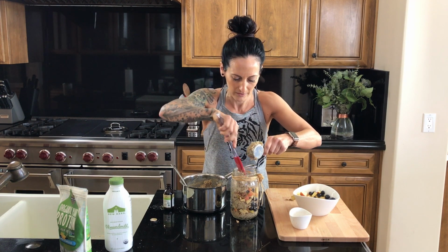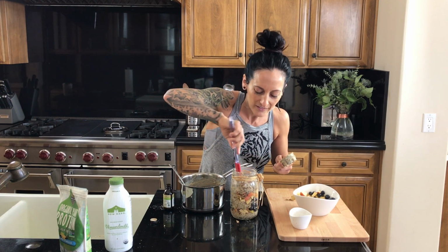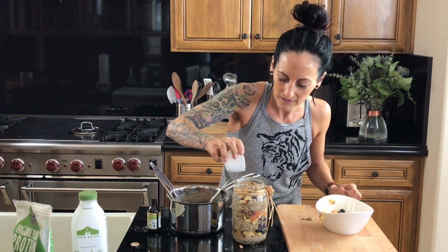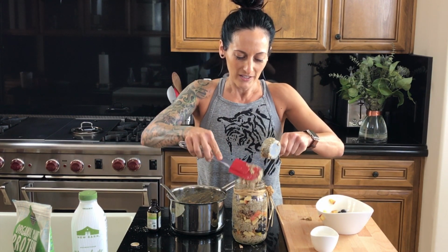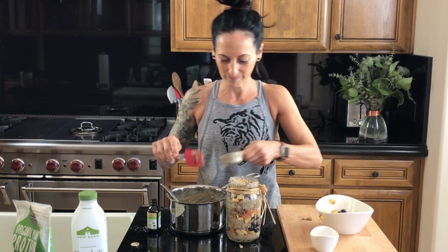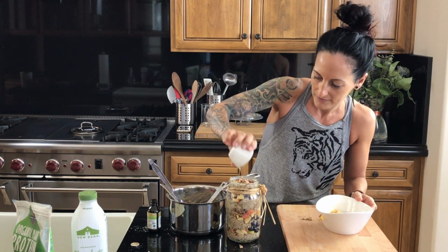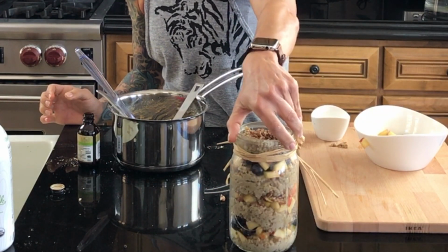All the way to the top with this. Add a little bit more, actually. This is looking so good. Add a little bit more of this. And a final scoop of oats. And I'm going to make myself a bowl to eat right now with the remainder that I have in here. Maybe I'll just pop a little bit of these on top. And there we go. We've got the cutest overnight oatmeal jar all ready, and I'm going to cover this up